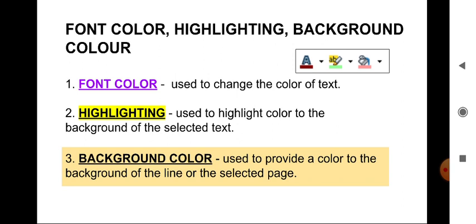For this, click to open the toolbar options, and then you can select a background color for the paragraph or the line. The color is applied to the background of the current paragraph or the selected paragraphs. Whatever you want, select the text, paragraph or line, and use Background Color to provide a color to the background.